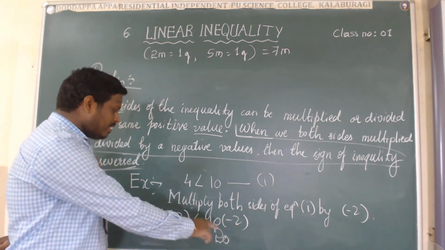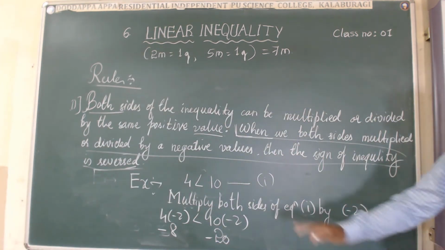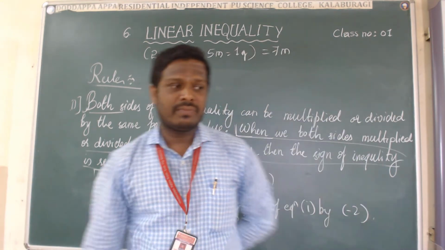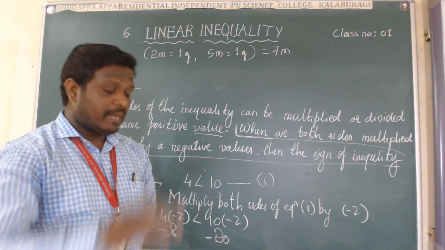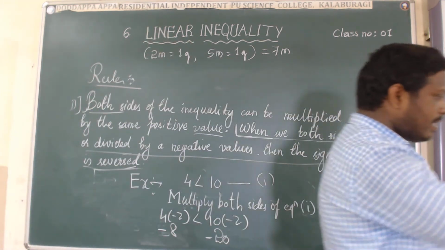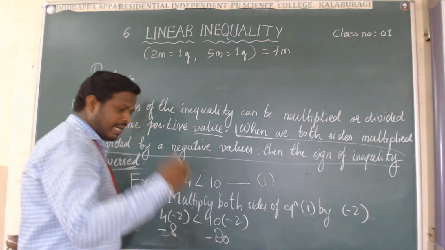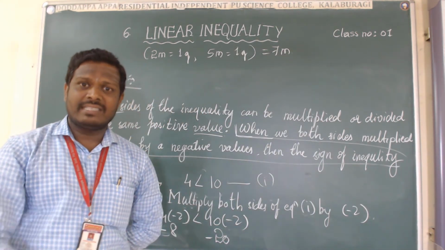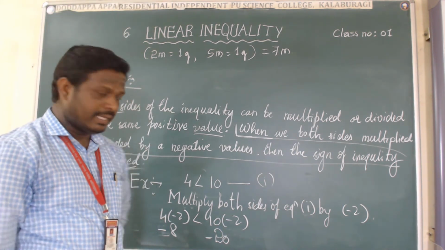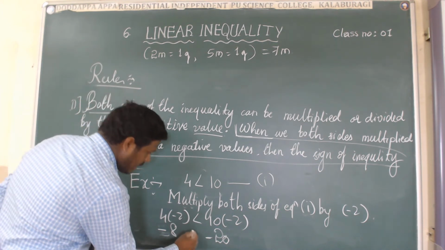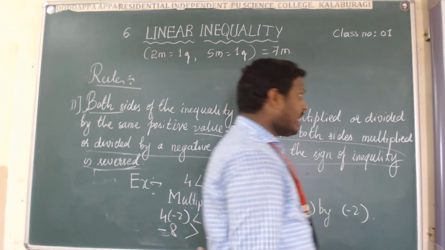In these two values, minus 8 and minus 20, which one is larger? Which one is maximum? By our knowledge of integers, that is negative integers, we already know that among negative values, the one with the smaller magnitude is larger than the one with the higher negative value. By seeing that, we can say that here minus 8 is always more than minus 20.